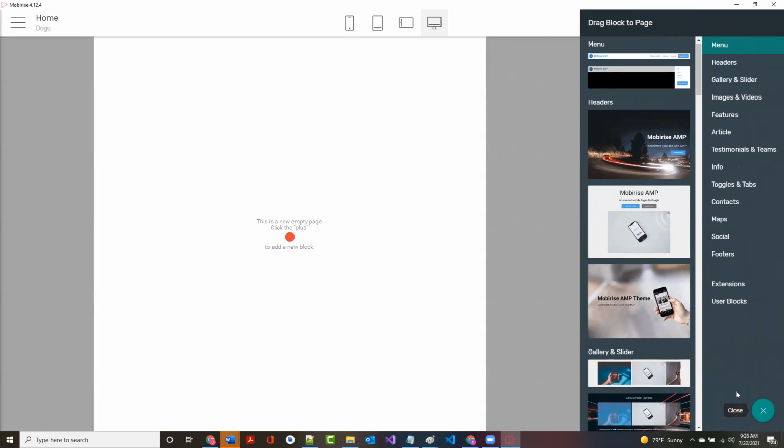The first thing we're going to do then is we're going to add a menu. Okay. And so you come over here to where it says menu. And if it's showing something else there, just click on it. And there's two menus available. We're going to choose the top one by clicking on it, holding down on the left mouse button, and just dragging it over to the top and letting go. Did that work for you? Yes, it did.